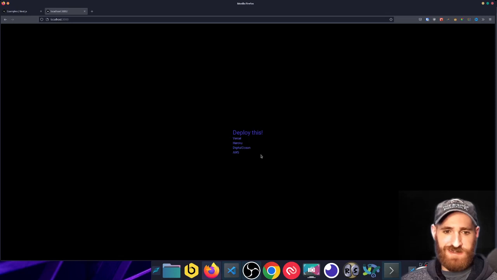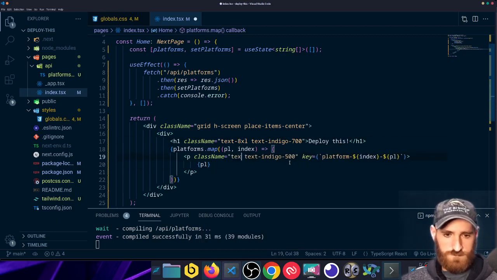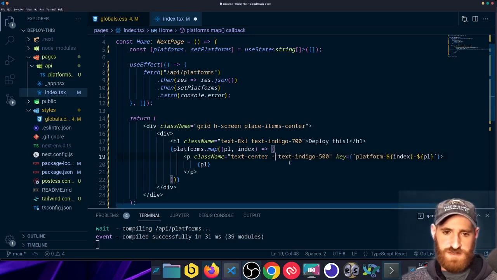So let me zoom to purely 100%, so that way we can actually get this looking okay. Also, let me center align these paragraphs, just because it looks like crap otherwise. And then